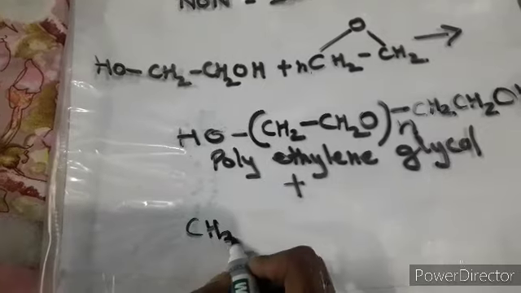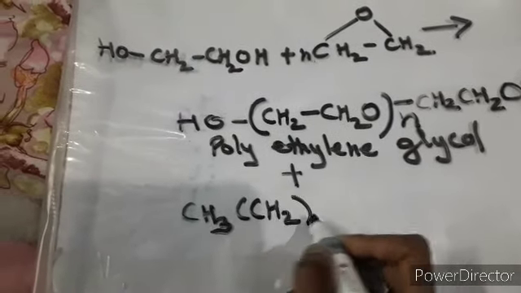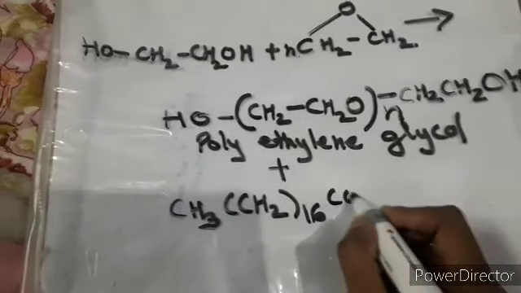Now what is the stearic acid? I am writing the formula. I am once again telling you, it's a new topic. You have to remember or learn all the formulas, there is no such key, but you know that if I am saying stearic acid, it must be a carboxylic acid, and you know the carboxylic acid is this. So this particular R is replaced by a large number of carbon atoms. So this way you can see the stearic acid. I am writing it CH3, bracket CH2 bracket close, 16 molecules are there, then this is COOH. So this is your stearic acid.